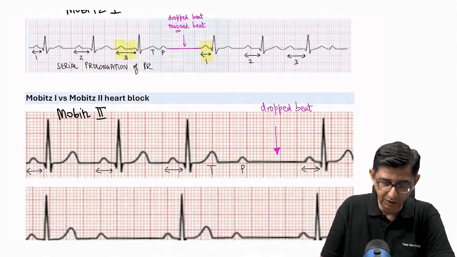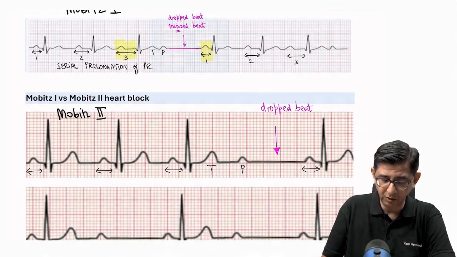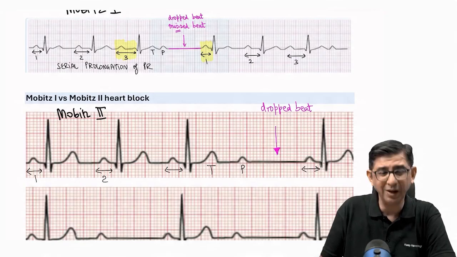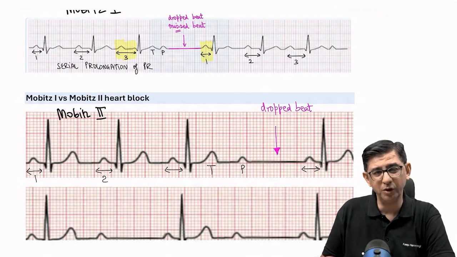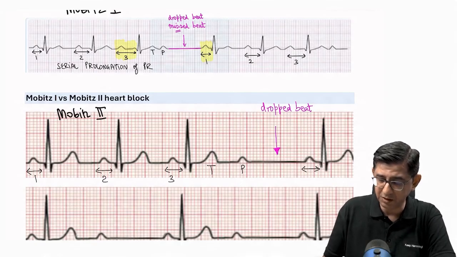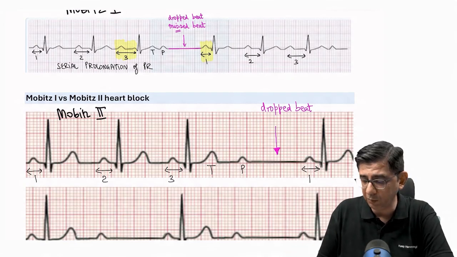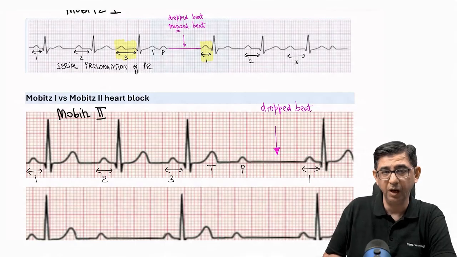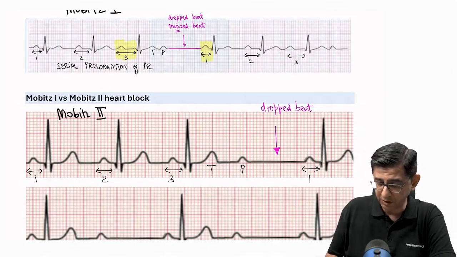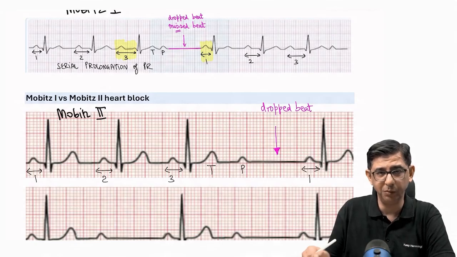Like in this particular case, if I put numbers here, I can say the PR interval the first time is normal. The second time is also about 4 small squares, 160 milliseconds. Then 160, 160, 160. And again, after the resetting, after the dropped beat, the same values are present. So one way to solve the question is to count the PR interval multiple times, but